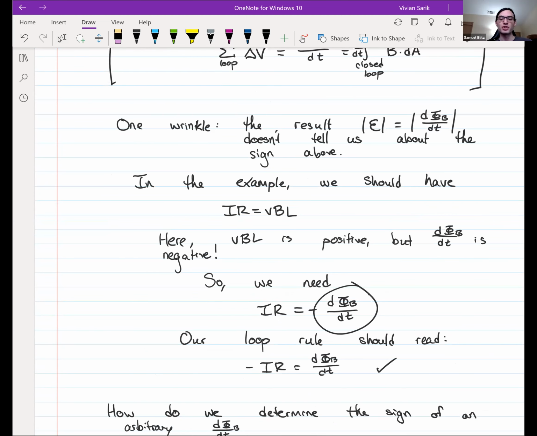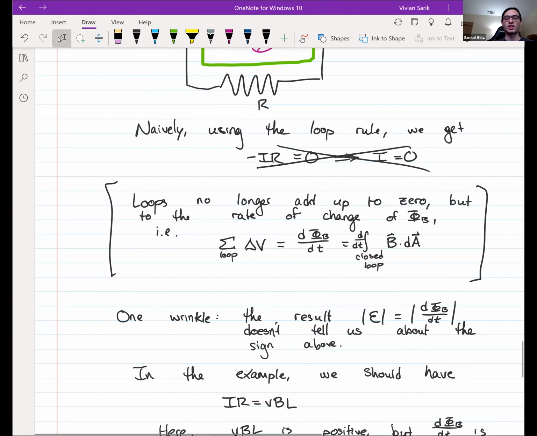And in fact, that assumption depended on the direction of current that I guessed the loop would go in. So when I did this loop rule, I assumed that the current was going clockwise and that we were going clockwise as well. And so that gave us a negative sign in front of the IR. There was built-in information there that I kind of shoved under the rug. But the formal way to handle this is